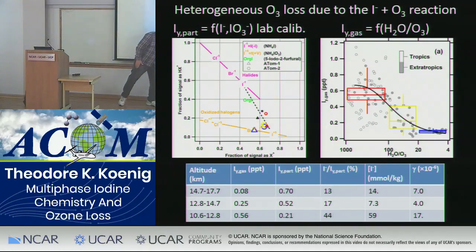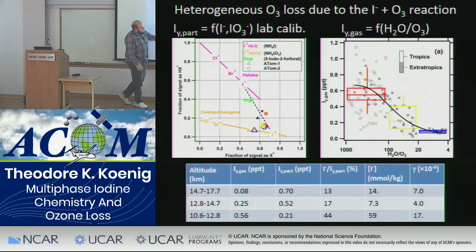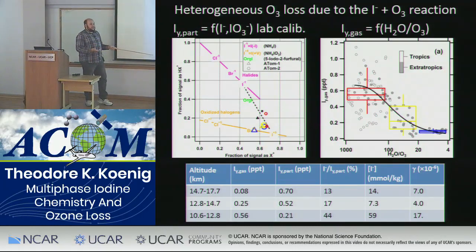And here I get to something rather new. We know that in sea salt aerosol, iodide reacts with ozone very efficiently. So we just ask the question here: what if the same thing happens in sulfate aerosol? If we do that, we get a very significant gamma, on the order of about 10 to the minus 6, maybe 10 to the minus 5. The prediction then is that this should potentially be a very important ozone loss process, that the iodide that remains in these sulfate particles can react with ozone through heterogeneous or multiphase chemistry and deplete ozone.